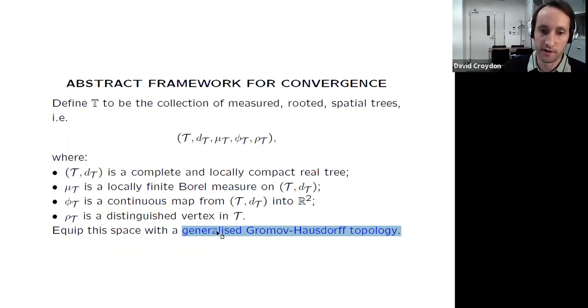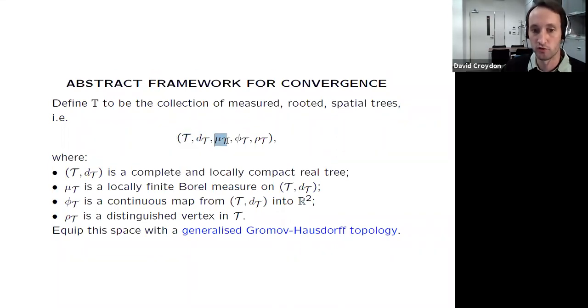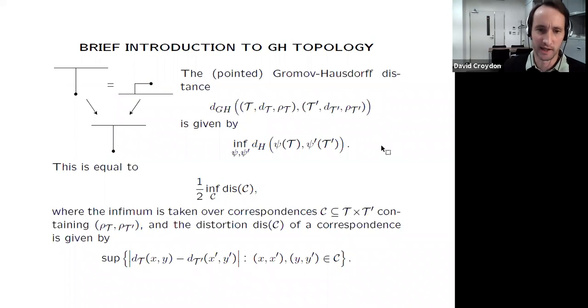The reason why we're generalizing it is that the original Gromov-Hausdorff topology just deals with compact metric spaces. So not only do we need to consider locally compact ones, which there's plenty of discussion of in the literature, we also want to introduce the measure and these maps phi into the story. Maybe just for 2 minutes, I think this isn't going to be very helpful for people that haven't met Gromov-Hausdorff topology before, and the people that already have probably know this already, so I'm not quite sure who this slide is going to help, but let's quickly see.